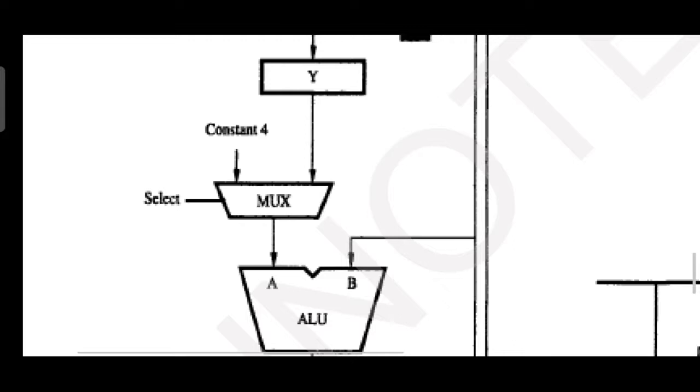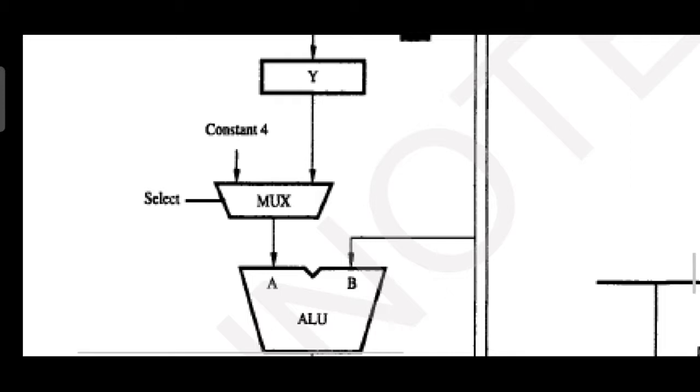Now what is B? B is the second input for the ALU. B is taken directly from the internal processor bus. You have already activated the R2 out gate, which has driven the output from R2 to the internal processor bus. So once R2 out is activated, you have to select Y. R2 out comma select Y. With Y selected and R2 out selected, both are given as input A and input B respectively to the ALU.